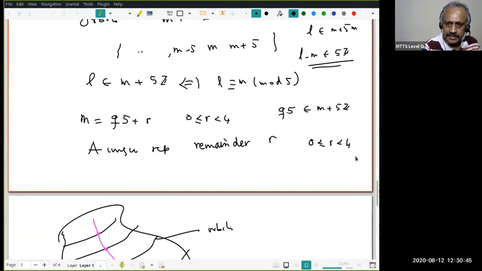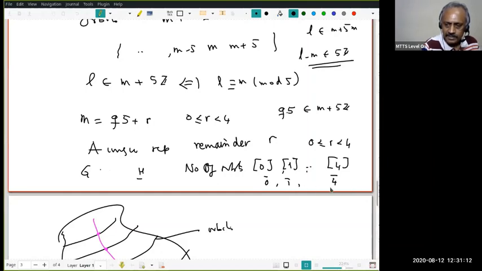Do you understand this? That means the group G is infinite, H is also infinite, but the number of orbits is finite. What are the orbits? They are the orbit of 0, orbit of 1, up to orbit of 4. These are the only 5 orbits. This is what you call 0 bar, 1 bar, up to 4 bar. Notice that each is an arithmetic progression on both sides. The common difference is 5. The same thing is true for any n.